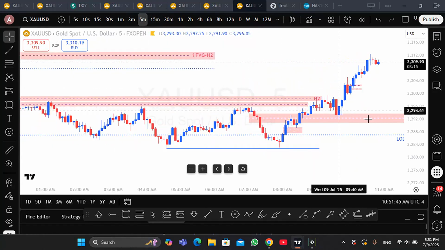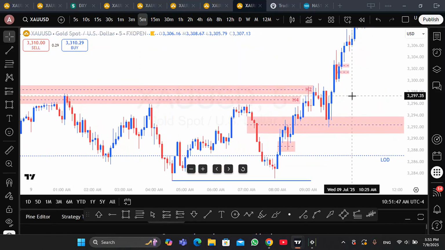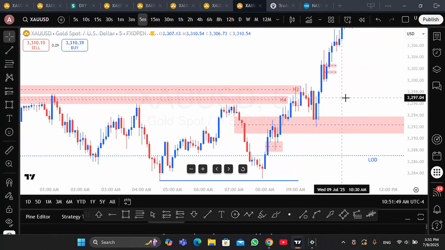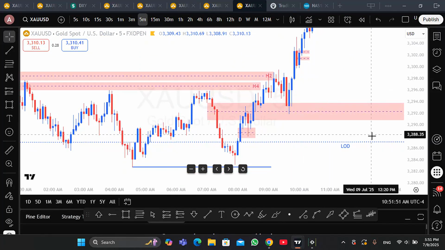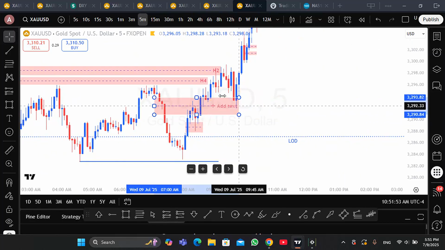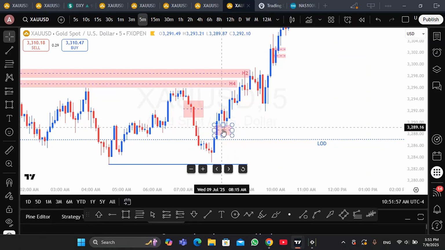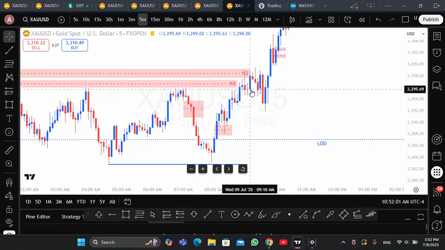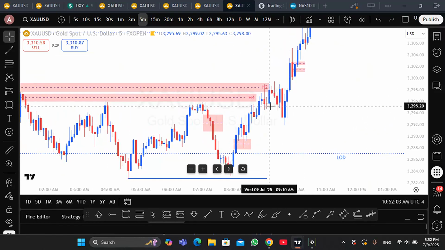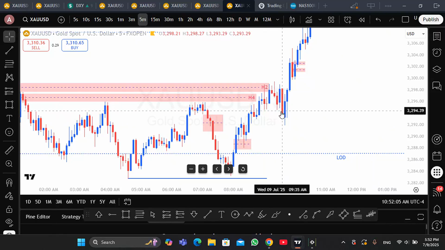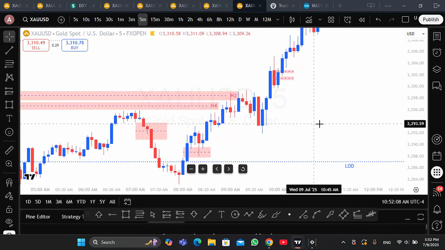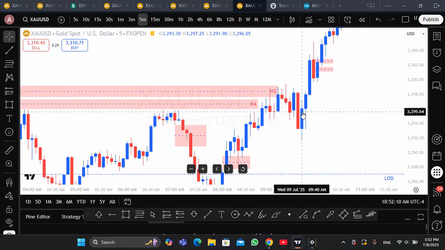I found signs of sell, but later on it did not sell. You can see it here. You can see how the price is moving up and down, reaching the H4 and H2, and then making a change in the state of delivery. But it is not a change in the state of delivery. It is later on, when I make a good visualization,